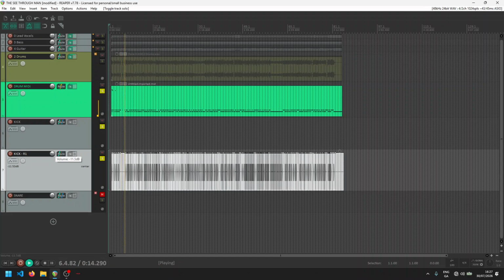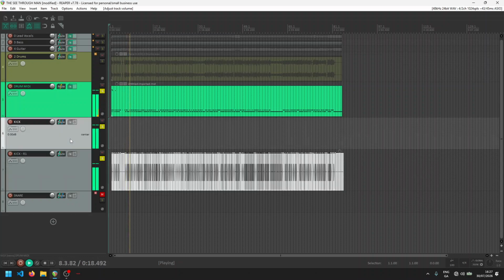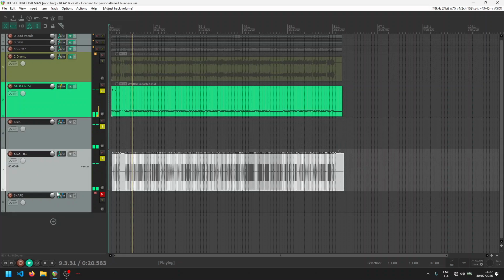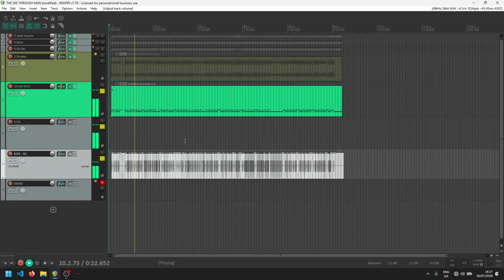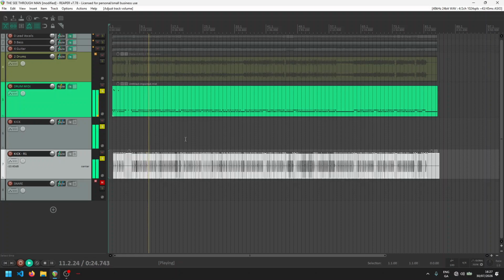Blend it up to where you like it. Now we have the original kick here, and we have kick R1. All right. If you don't like it, you can select all your items, hit Control Alt X,